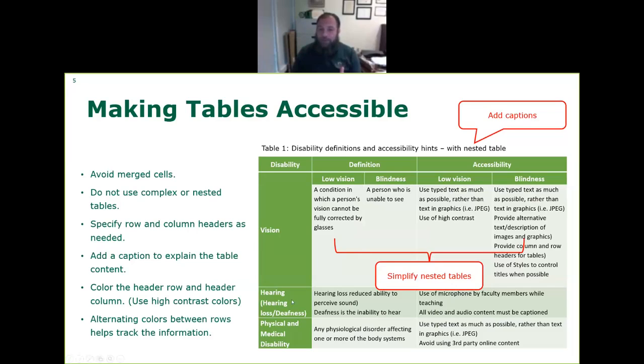When it says hearing loss and deafness, we'll see that the color has changed. So if you have a larger table, when each row has a different color, it will be easier to read and track the information as you go along with the row.